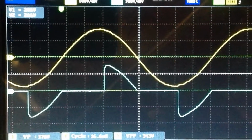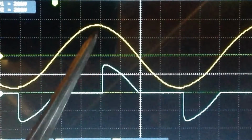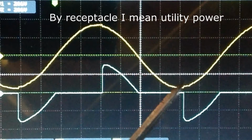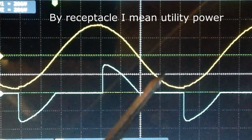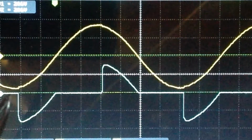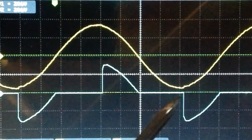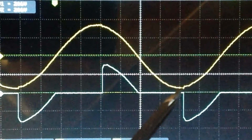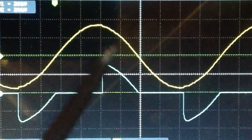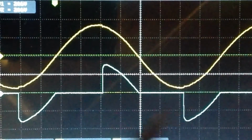Now what you see in the upper or yellow trace is the power coming from my receptacle to the dimmer module. So this is the output power, and below you see the waveform going into a 500 watt incandescent lamp. Now each time this switches on, for instance here, you do get a slight deviation, a slight distortion in the waveform,